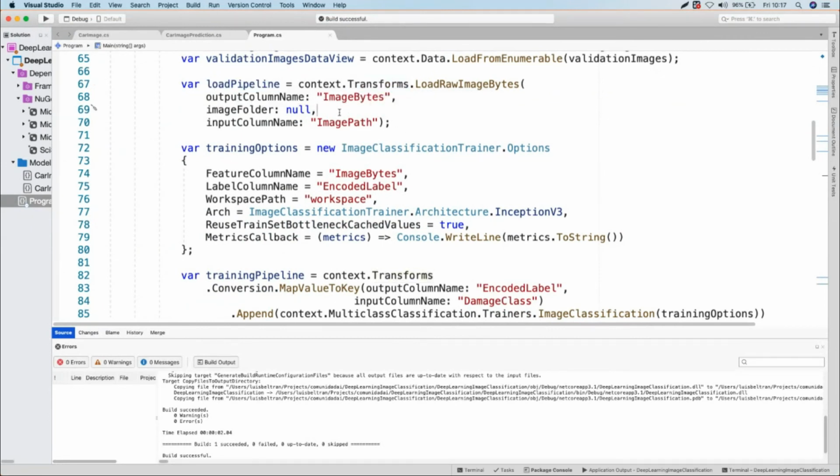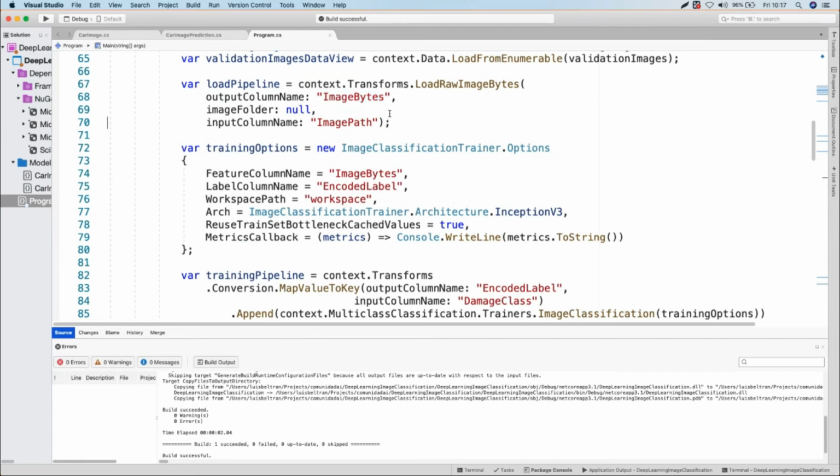What is it actually doing? I'm going to open the images. There is load raw image bytes. You use the path for each row, and it will open it and save the information in a byte array.